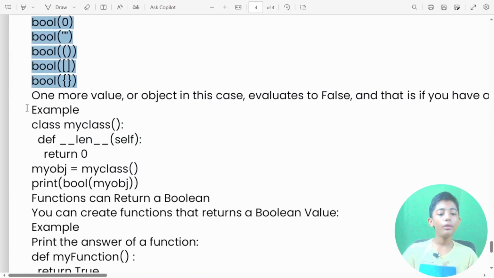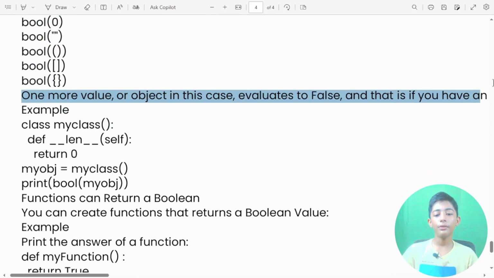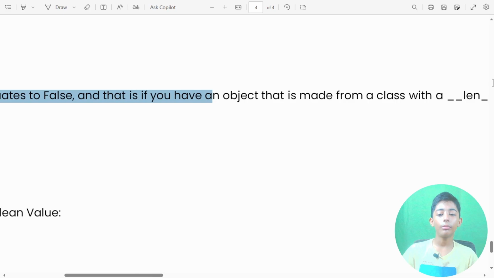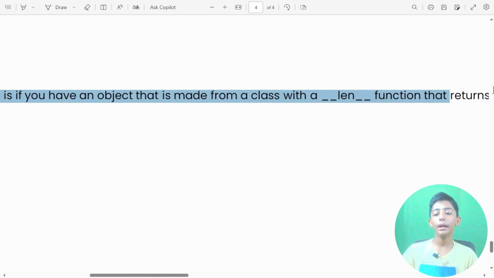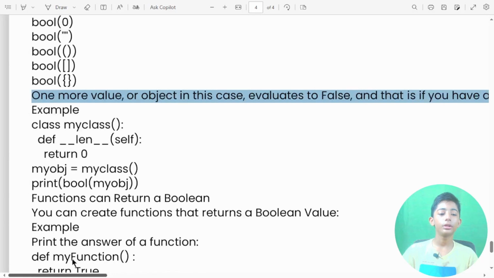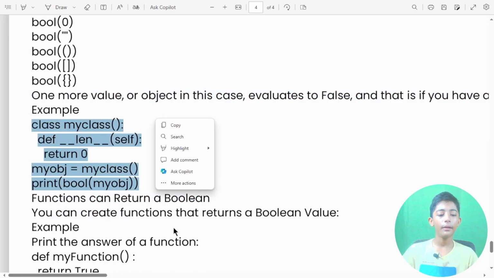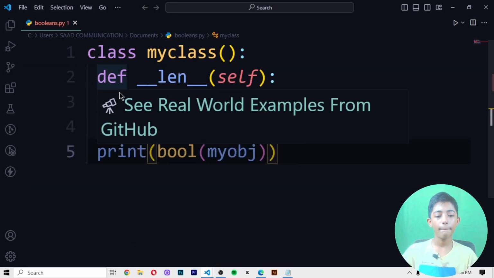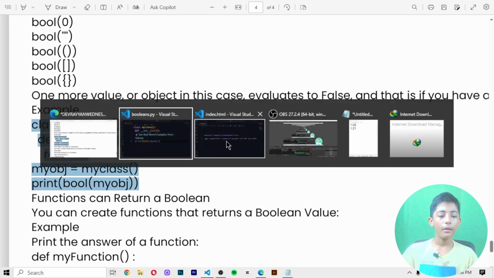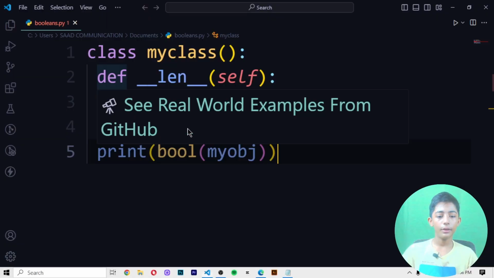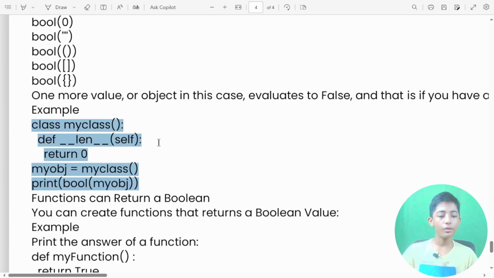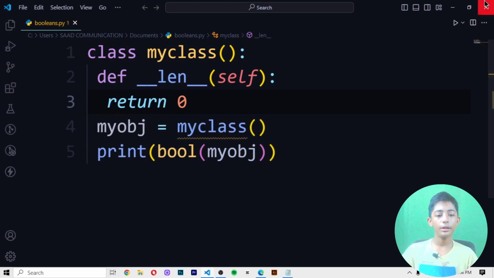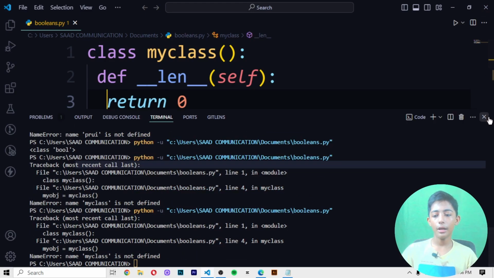Now one more value or object in this case evaluates to false, and that is if you have an object that is made from a class with a len function that returns 0 or False. For example, like that. When you paste it, erase it and go here, space it, then save it and run it, it gives you an error.